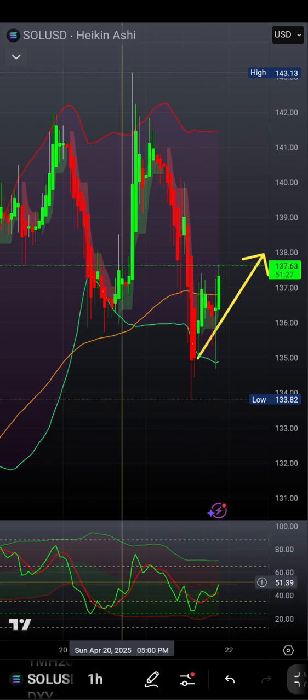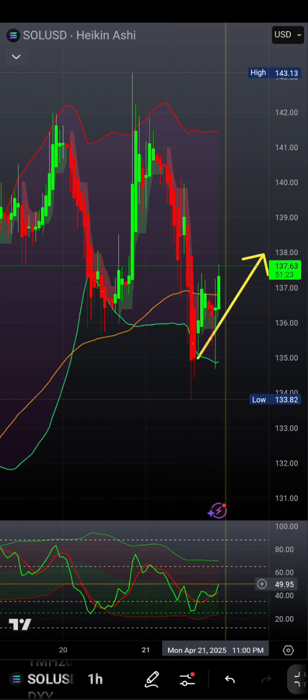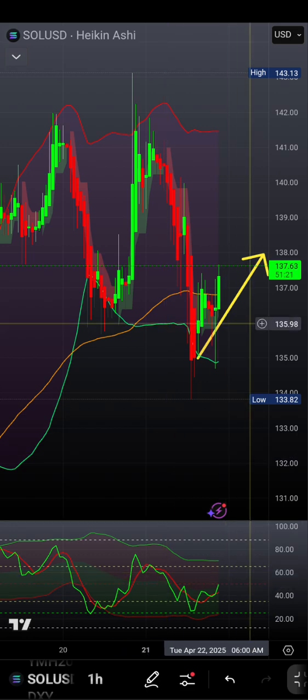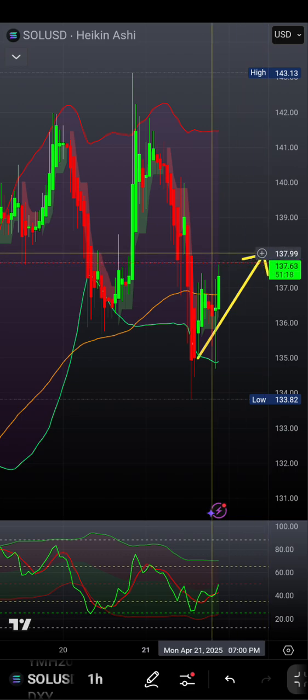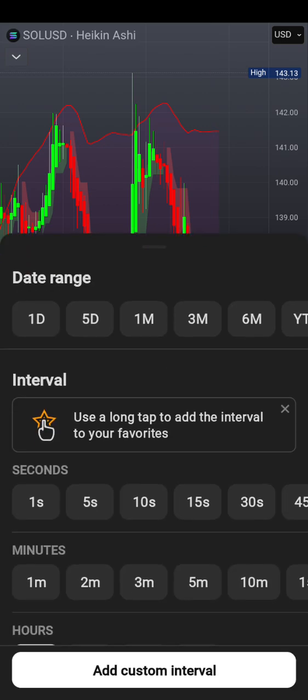50, which is another resistance zone, and I will be looking to possibly get out. If it gets a little bit more steam, that's where I put the arrow up here. So I'm looking to get out at like 138. 138, so it's only about 13 cents left. So basically, once you do that, you drop down